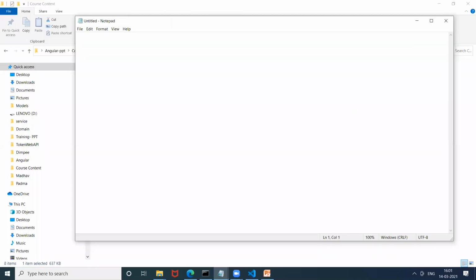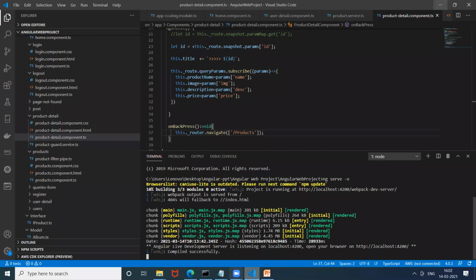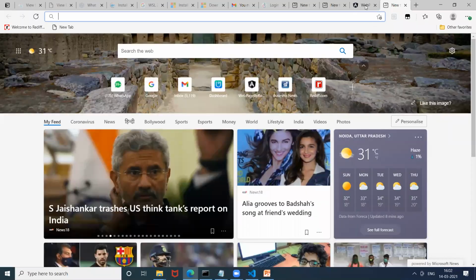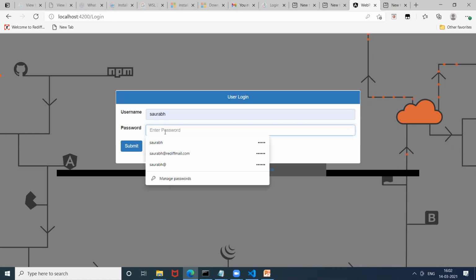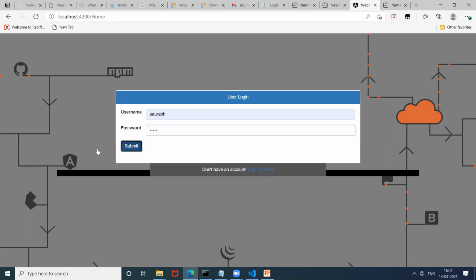So here, before going to the session, I want to show you the project which we'll be covering in this entire training. So this is the project. You can see this is on localhost. By default, Angular runs on 4200, Komal. So it's a default page you will be given. I am just giving the password. Username is Saurabh and password is 12345. Let me give you, just give me a second. 12345. So you can submit the data.